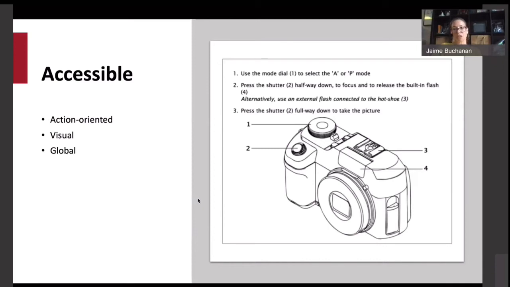It should also be global. In an increasingly internationalized world, technical communication must be cognizant of the needs of a multicultural audience. And our students need to be able to communicate clearly across cultures. They're almost certainly going to be working in multicultural contexts, whether they're here or in another country. And so texts need to be able to communicate cross-culturally.